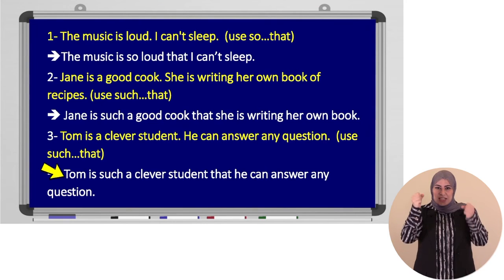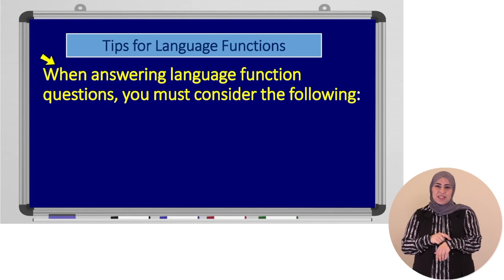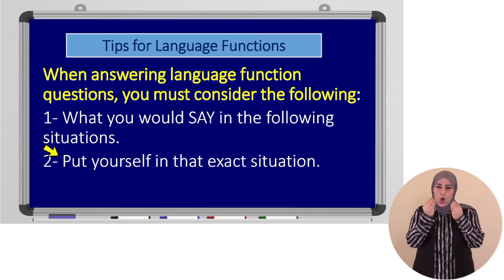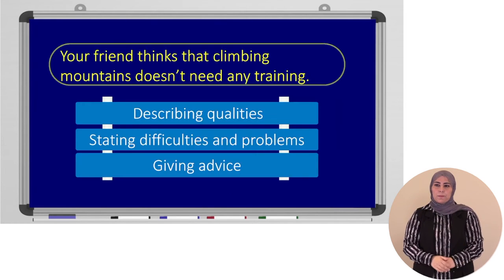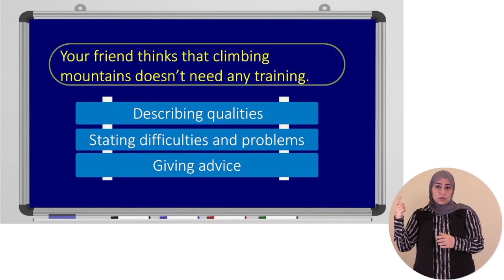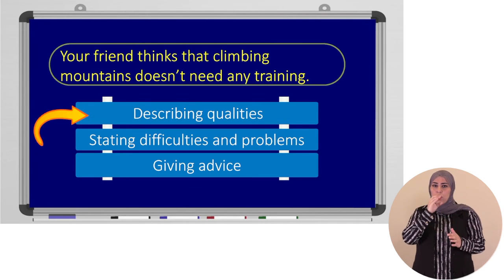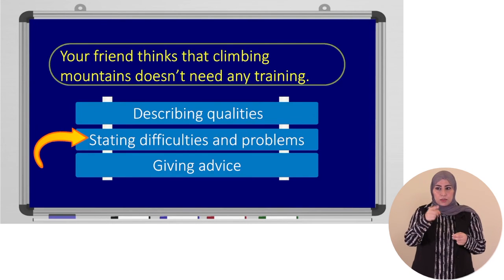Very easy. Now it's time for the functions. As we always say when it comes to functions, put yourself in that situation. Think about what you would say, how you would say it, and use clear, accurate, full sentences. Let's look at the first example. Your friend thinks that climbing mountains doesn't need any training. What do you think? Someone tells you climbing mountains doesn't need training. How would you respond? You're either going to agree, disagree, give your opinion, state difficulties and problems facing these things,